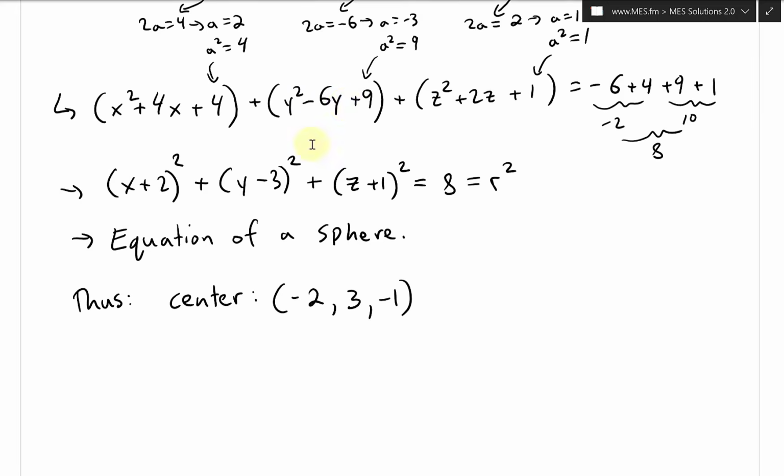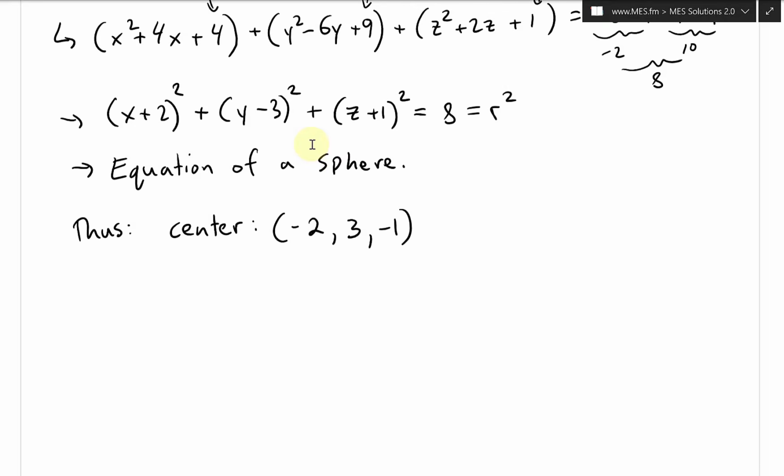And the radius, I'll write Radius, I'll make it capital actually. The center, and then radius. Radius is going to be r squared. I mean, r is just going to be equal to the square root of 8. So here we have the square root of 8, and this equals